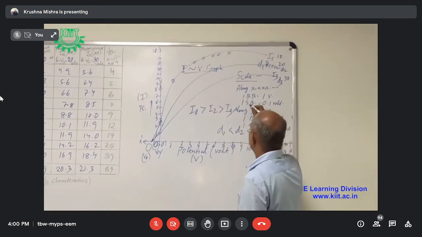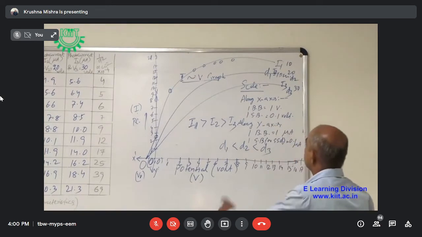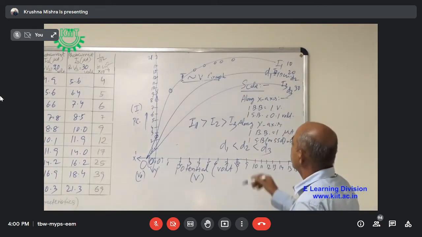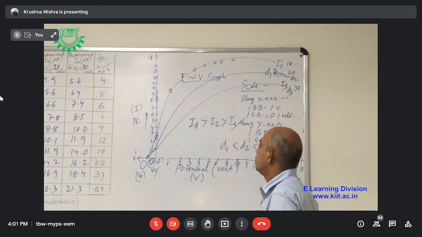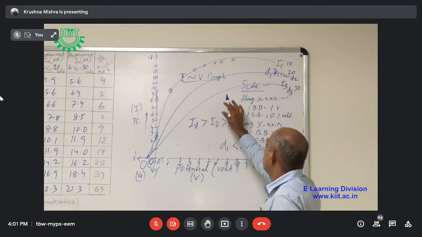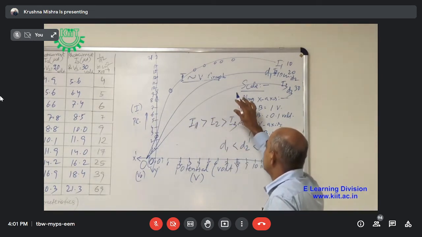By taking all the graphs for three different intensities, we can conclude in our experiment that photocurrent for a particular intensity of light gradually increases and gets saturated at some